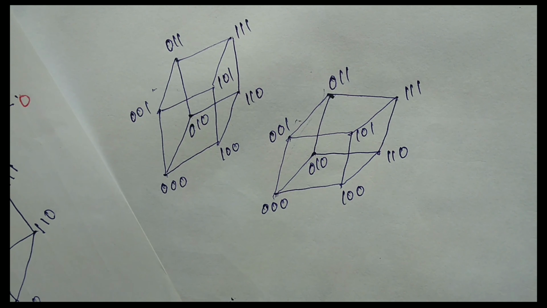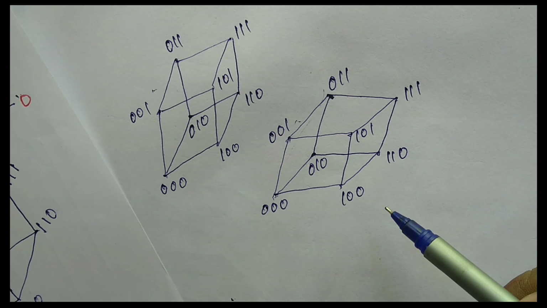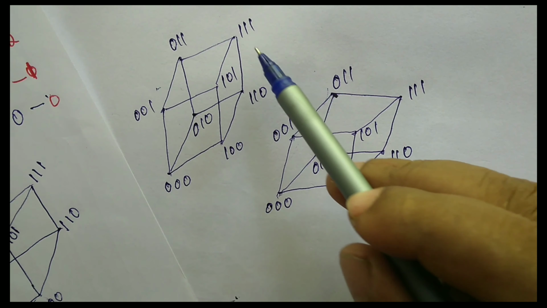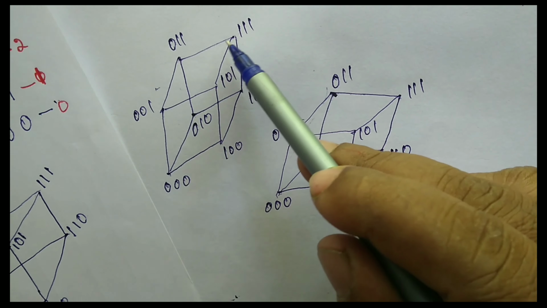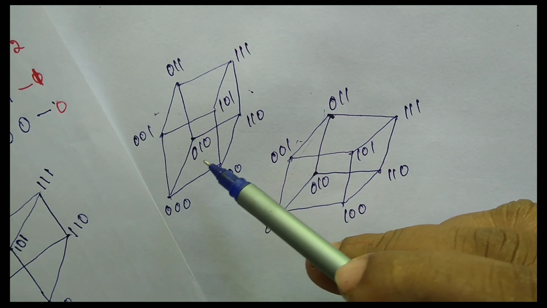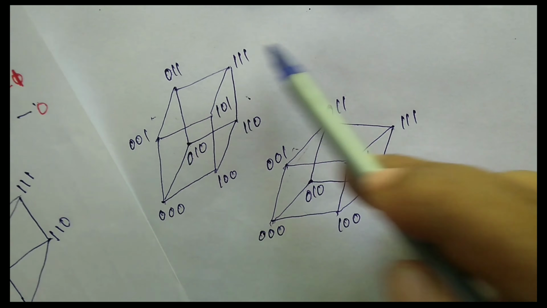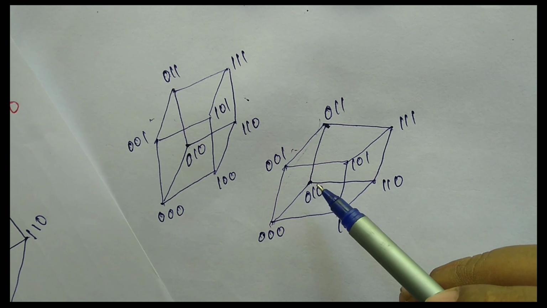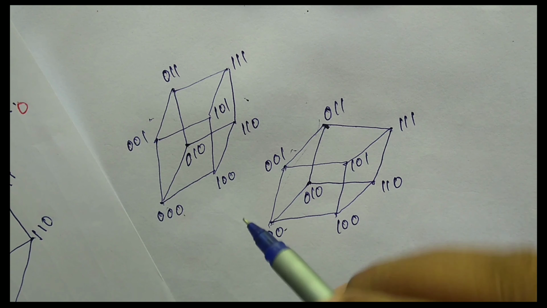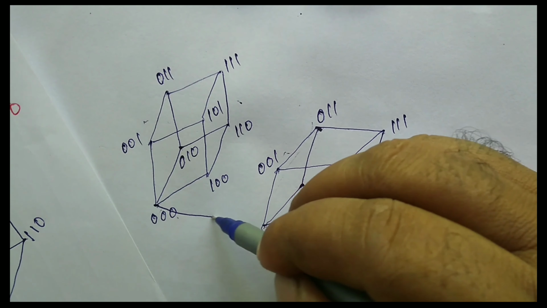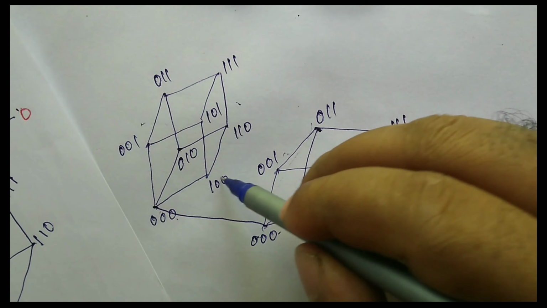And now, how can we connect this? For 4 variables, we need a total of 2 power 4, 16, with 16 points. So this cube contains 8, this cube contains 8, so total 16 points. Now we have to connect. The connecting is, you take the same coordinate, 0, 0, 0, 0. So we can connect this one. Then 1, 0, 0.